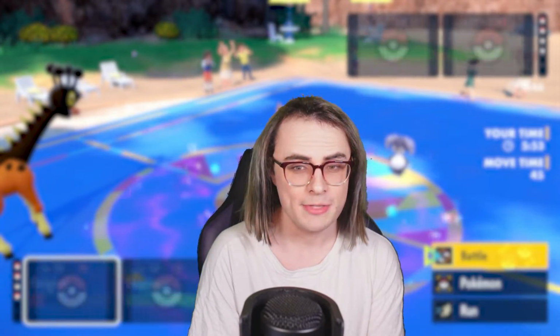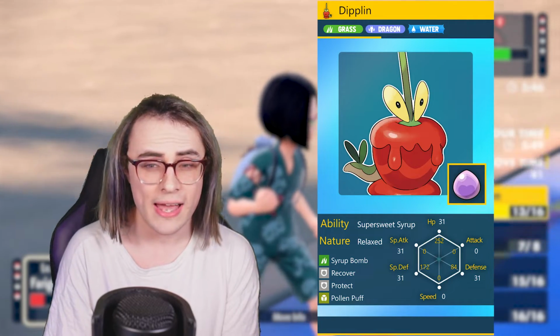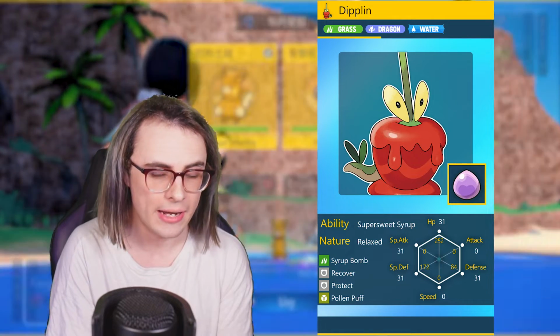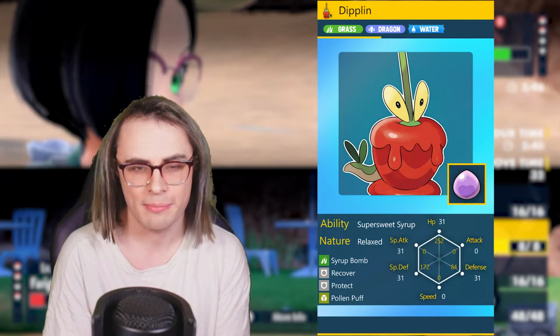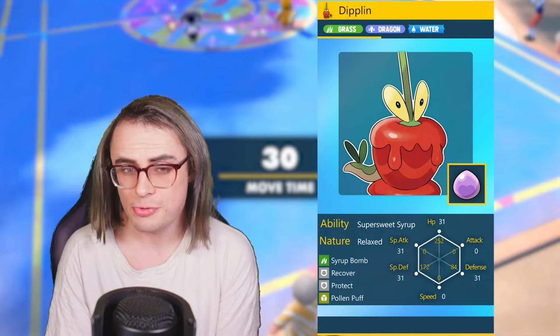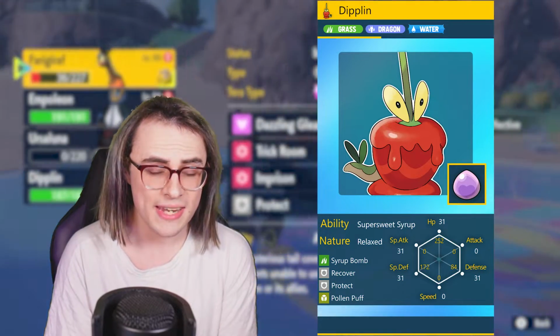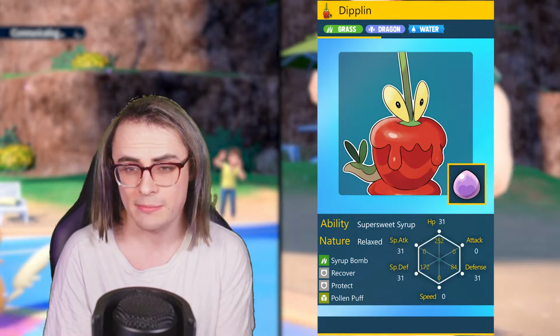Our first Pokemon on the team is, of course, none other than Dipplin, with a Supersweet Syrup, Pollen Puff, Recover, and Protect moveset, with the Tera Water to help with different ice weaknesses to any Pokemon not named Iron Bundle. Meanwhile, we can also just in general get a pretty good defensive typing that will hopefully benefit us a lot overall. Dipplin's ability Supersweet Syrup should be pretty useful for weakening the opponent's evasion by one stage for both Pokemon. However, at the same time, this can only be used once per game, so we do need to time it